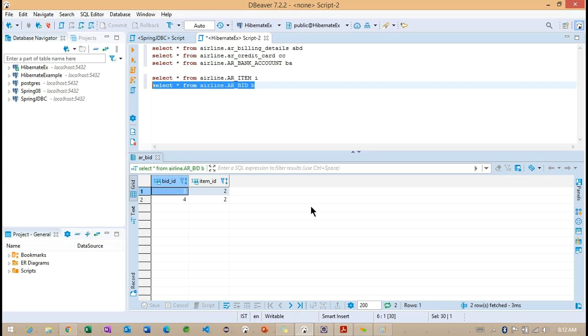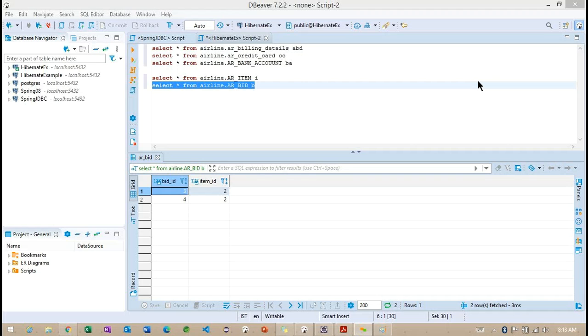So any questions regarding this particular one to many and many to one? Simple example on one to many and many to one. Okay. So if we don't have anything, we'll continue on Monday. The particular life cycle methodology, how it's going to work in Hibernate.